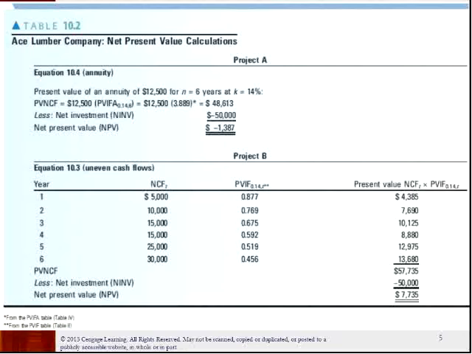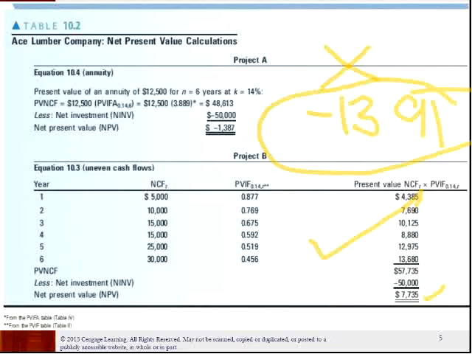If you look at this, now you look at equation 10.3, you already know how to calculate NPV for an uneven cash flow. I'm not going to bother showing you that again. But this is exactly like that. Only thing is, in case of 15,000 you use F4 for the repeated cash flows. It's 7,735. Whereas in case of A, the NPV we calculated there was minus 1391. So you would be rejecting project A, accepting project B. So that's NPV. You just calculate the present value of cash inflows and deduct the initial outlay.